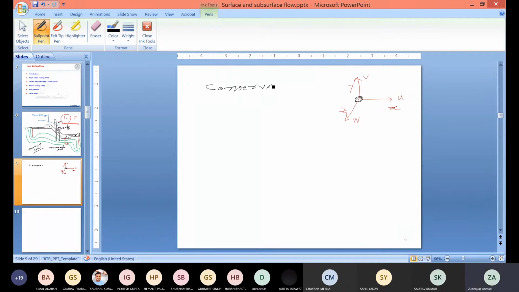Whether you are talking about the conservation of mass for subsurface flow or the surface flow, that remains the same: del u by del x plus del v by del y plus del w by del z, that is equal to